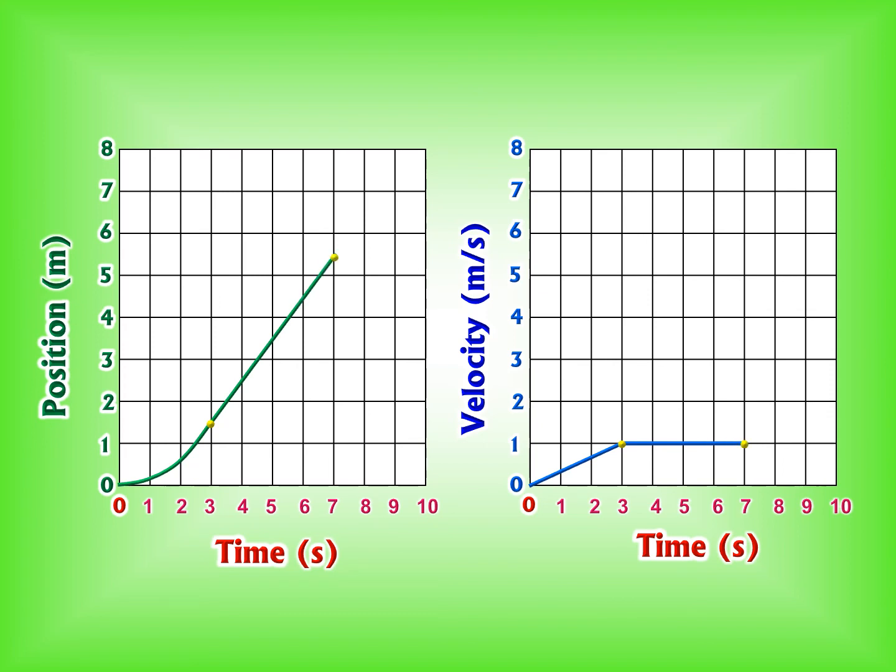Okay, so between 3 and 7 seconds, what we see is the object is still moving, but it's moving at a steady rate. The slope is a straight line. It's a constant slope. That means the velocity is staying the same. So velocity isn't changing, it's flatlining. Notice that even though we did have an acceleration for the first 3 seconds, there must have been an acceleration there so the velocity could increase, the acceleration stops. So from 3 to 7 seconds, acceleration would drop to 0.